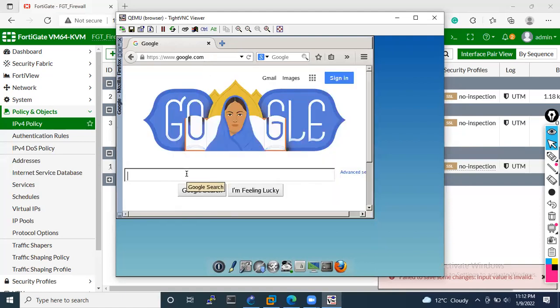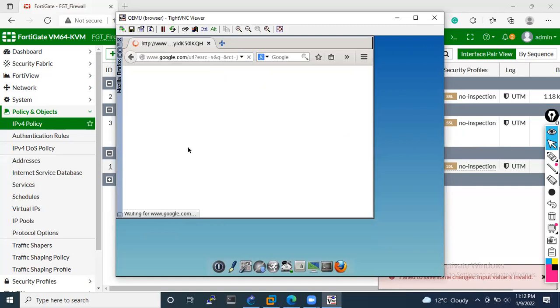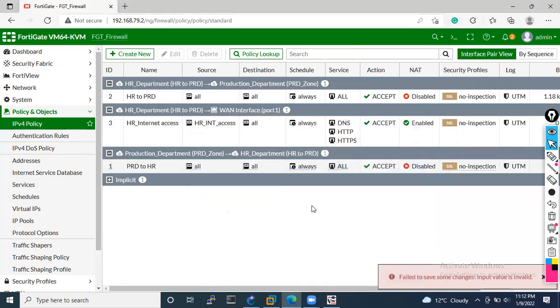See, this user is able to access the internet. I am also typing gmail.com. See, this user is able to access internet connectivity.